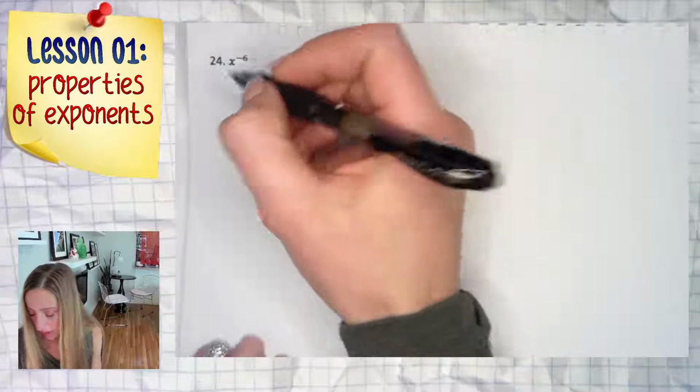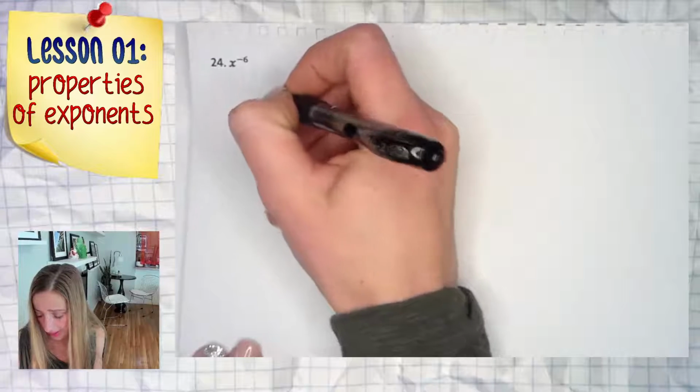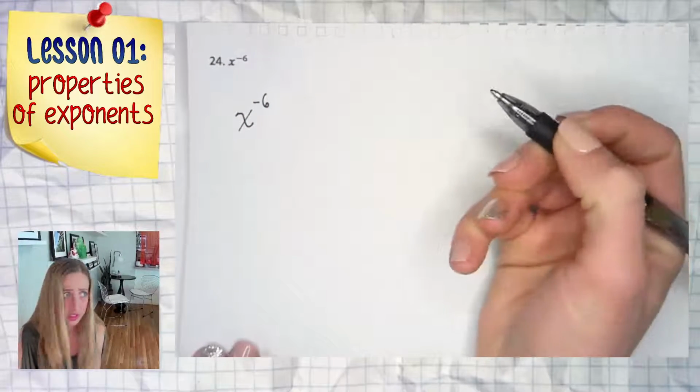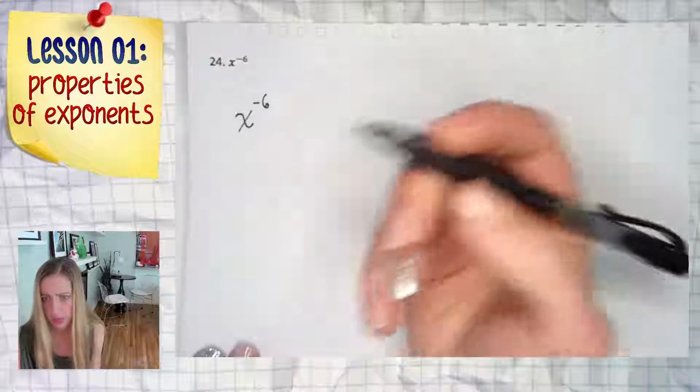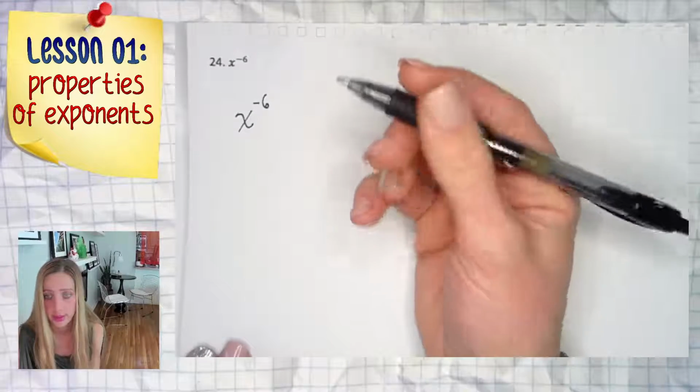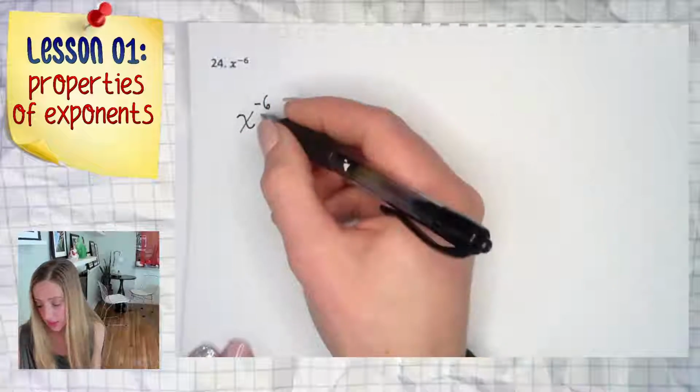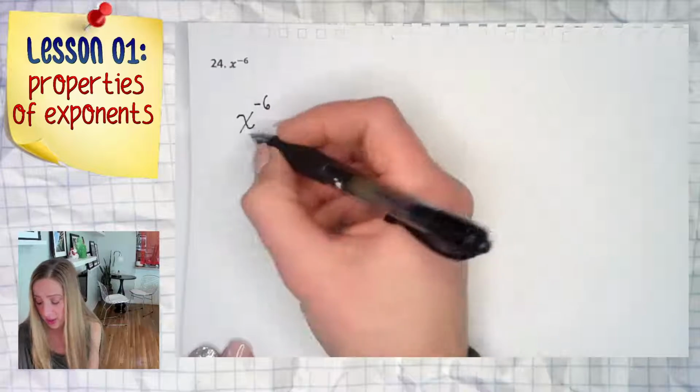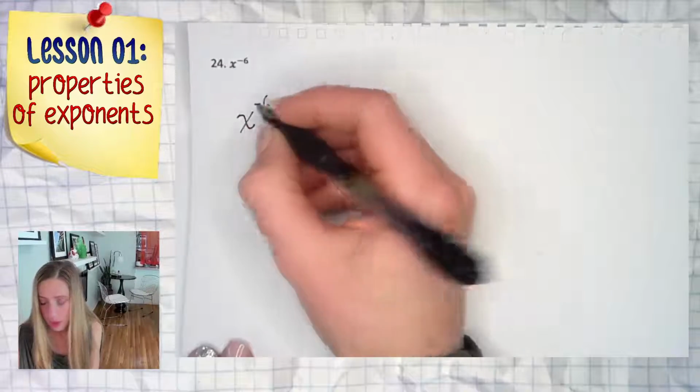Here we simply have x to the negative sixth power, and if you are given some sort of direction, simplify or divide or rewrite or do this, well, what are you supposed to do with that? Some people like to leave that as their final answer, and the reality is we don't want to leave negative